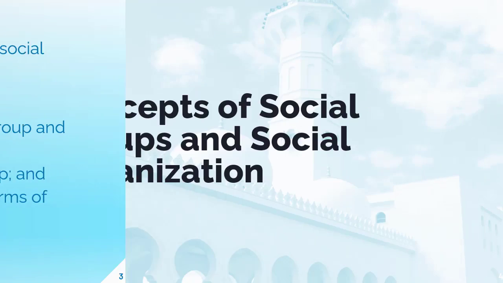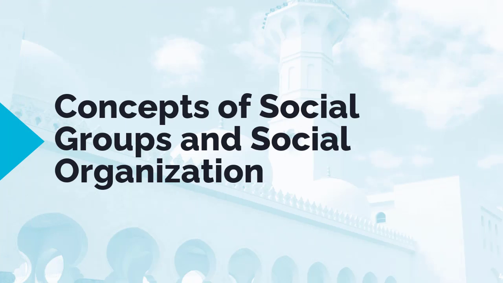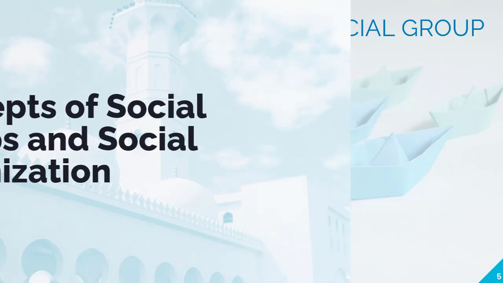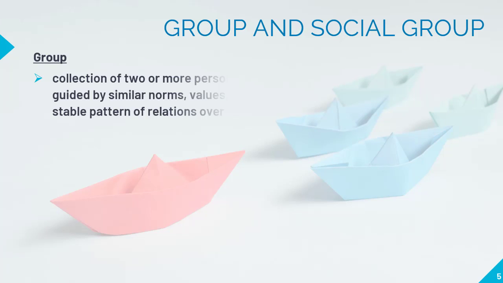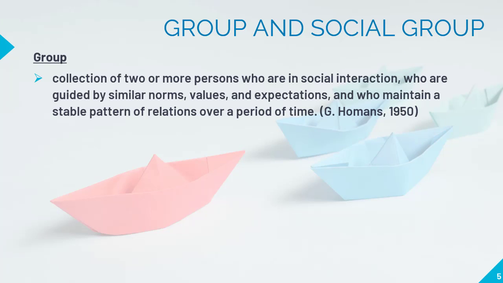The main objective in this lesson is for the learner to analyze the forms and functions of social organizations. Concepts of social groups and organizations. What is a group in the first place? According to George Homans, a group is a collection of two or more persons who are in social interaction, who